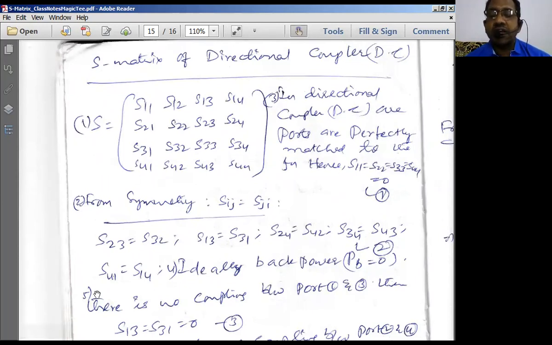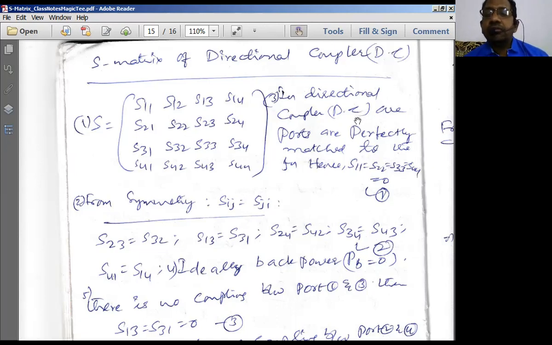Therefore, S matrix is an n by n matrix. So n by n means what? 4 by 4 matrix. So we should get a 4 by 4 matrix to represent the S matrix of a directional coupler. So I'll write this as S11, S12, S13, S14, row 1. Similarly, row 2, S21, S22, row 3, S31, S32, like that. And finally, I'll go up to S44. So thereby, we form the S matrix of a directional coupler. Now we'll try to analyze the S matrix for the directional coupler to find out its appropriate values.